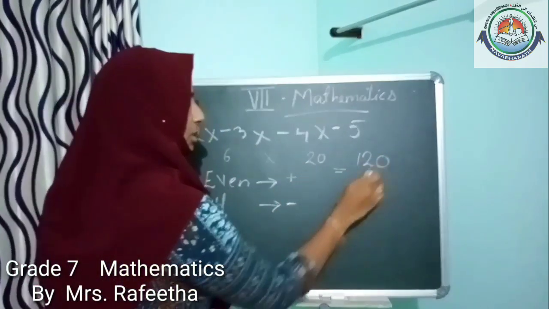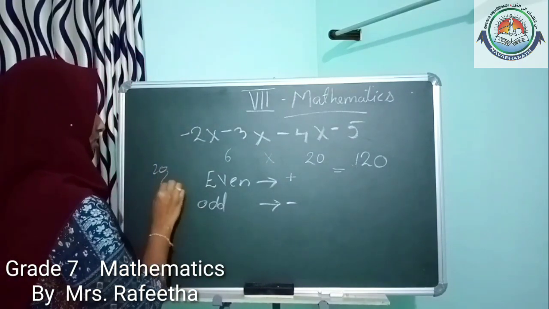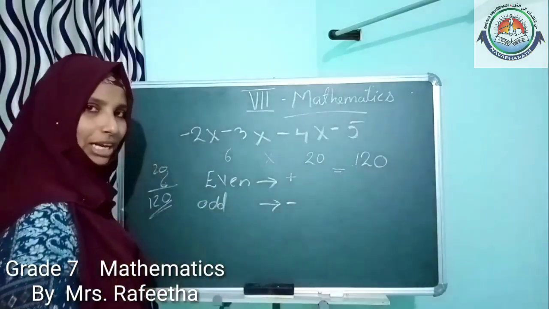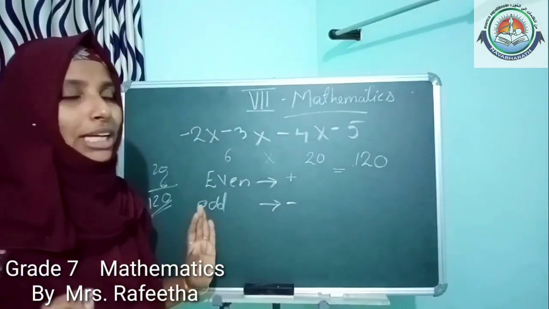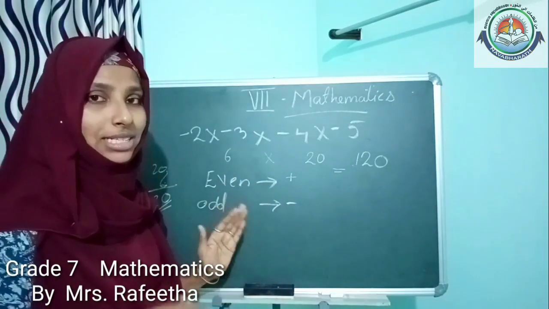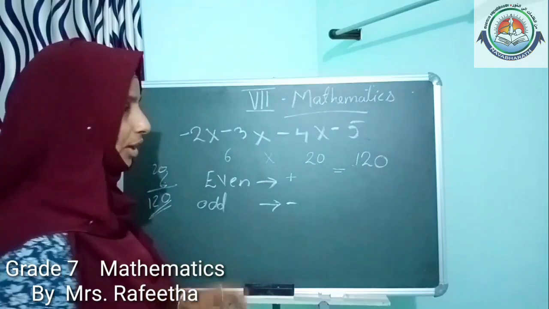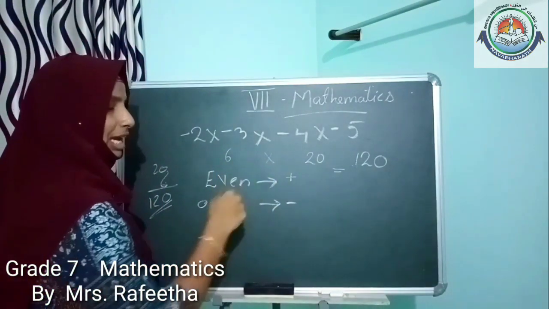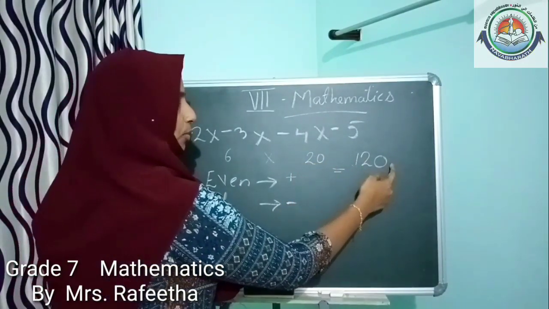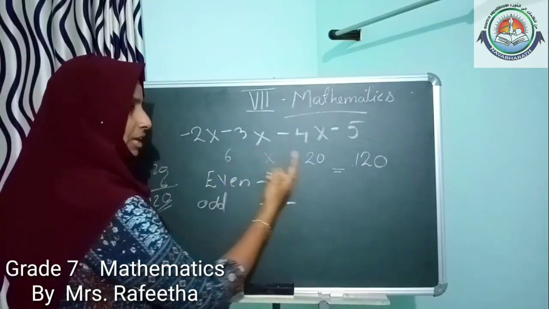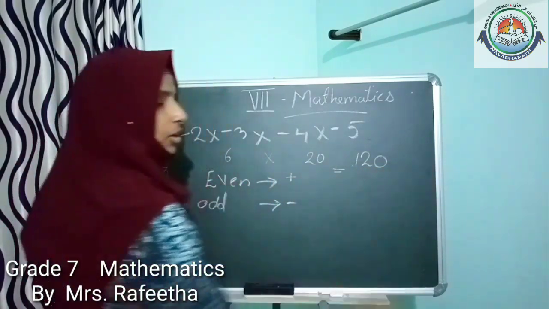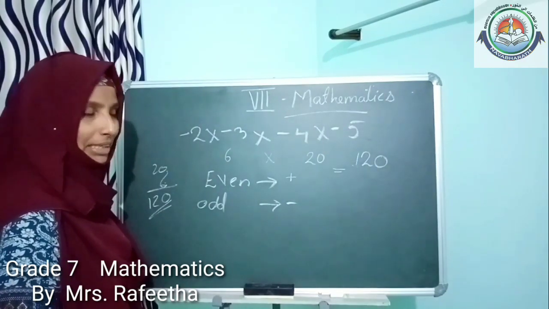Again we are putting this 0. You don't need to write 20 into 6, 6 zeros are 0, 6 2s are 12, like that. Okay, if you are comfortable with that, no problem. The only problem is that time will go. A lot of other questions will be there for the exam. You can't stay on a single question. So 6 into 2 like that you can multiply, and how many zeros are there here? If 2 zeros are here, you can put 2 zeros. If one more 0 is there here and 2 zeros are here, a total of 3 zeros will be there. So you can put 3 zeros after that multiplied number.